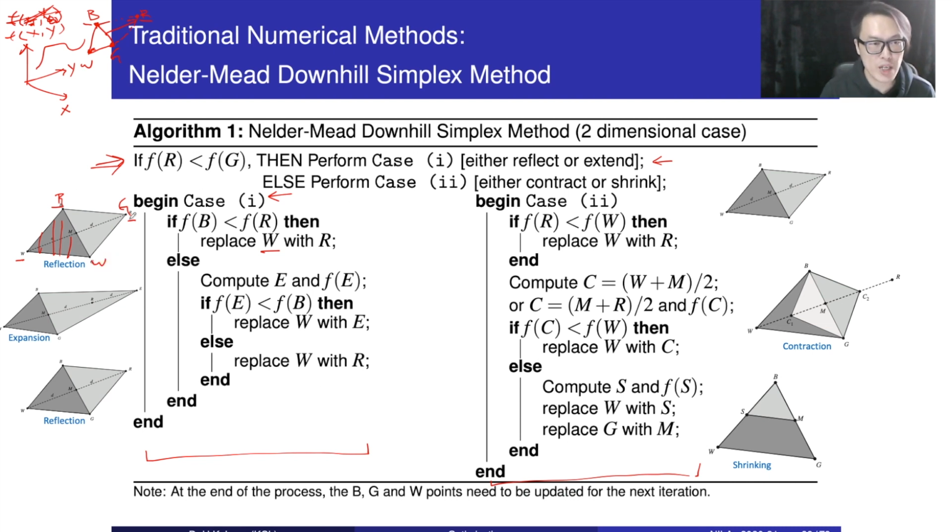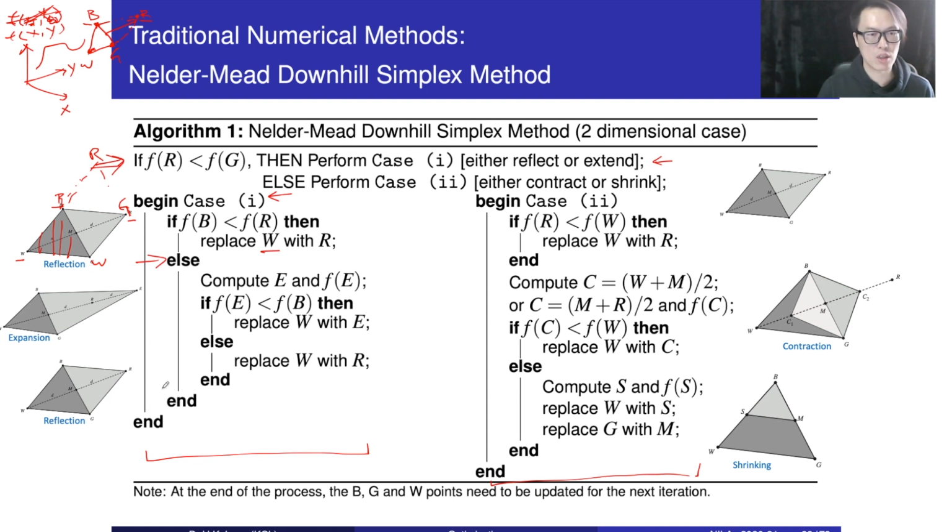Okay, so when we get to the top of this line, we are going to find the refraction point again. That is because this is the worst point, and then we are going to form a triangle right here. That is the new refraction point, and do the same. If the refraction point is less than f of g, assume that it is the case, we go to case 1 again. But now I assume that if fb is not less than fr, that is, fr is less than fb, we are going to